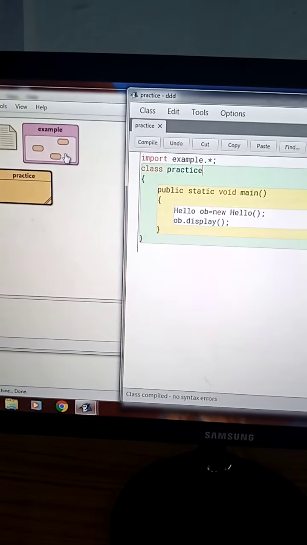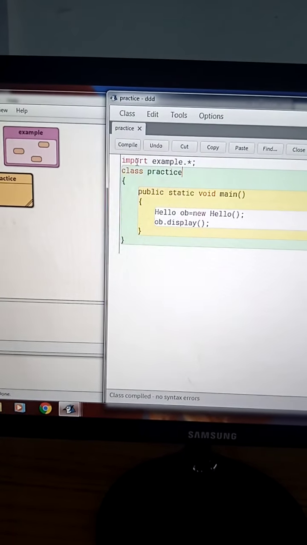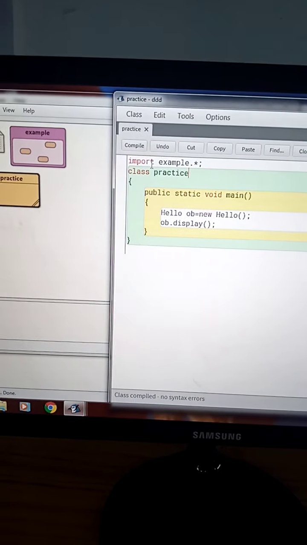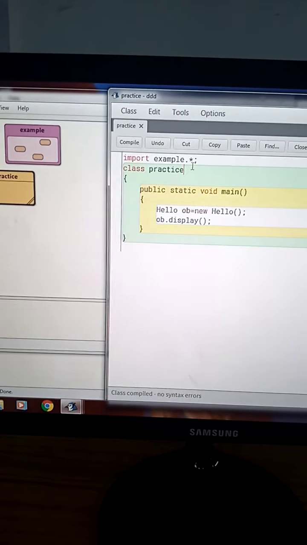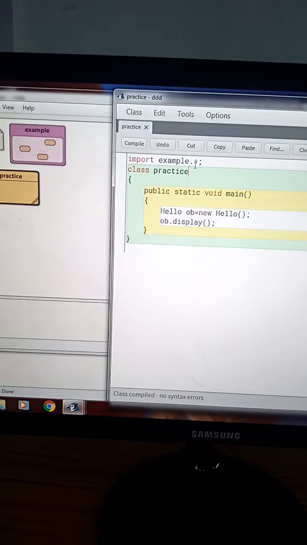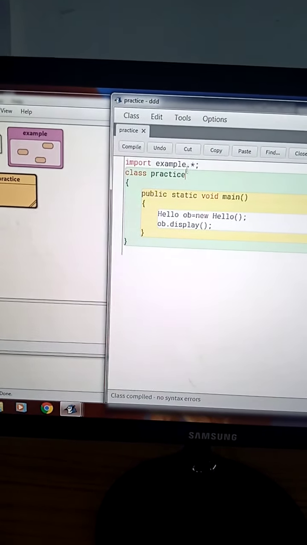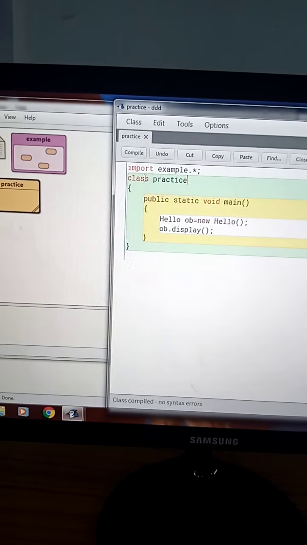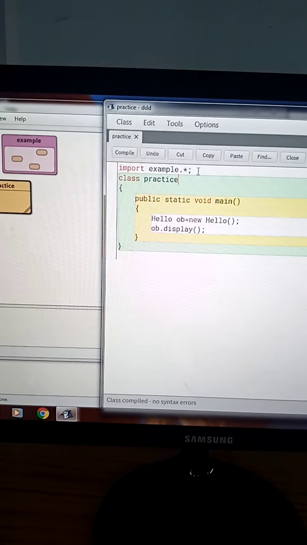As we have created the package with the name example, import this package first. Import is a keyword to import a package, to include a package in your program. So import package name dot asterisk for all. We have written just a single class, but you can write so many classes also. So I have written asterisk over there for all the classes of example package, semicolon. Similarly we are using it as we use other Java packages.